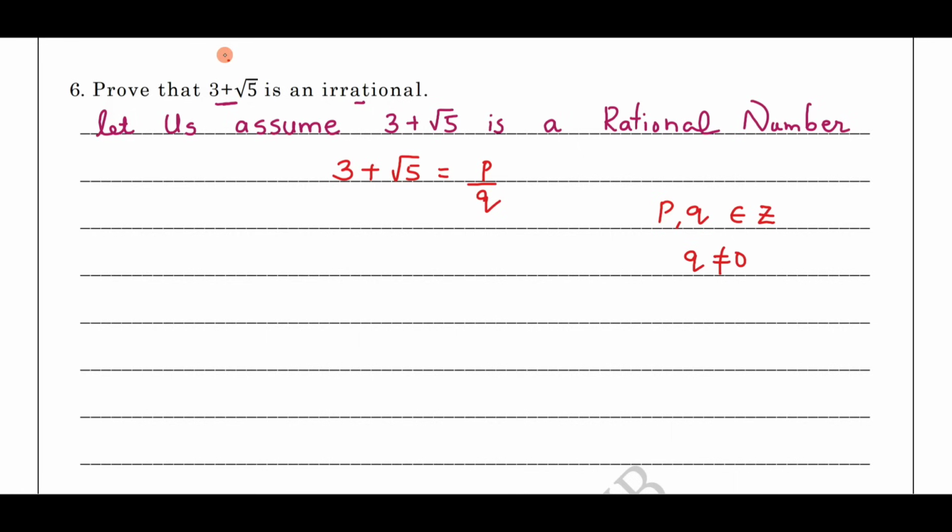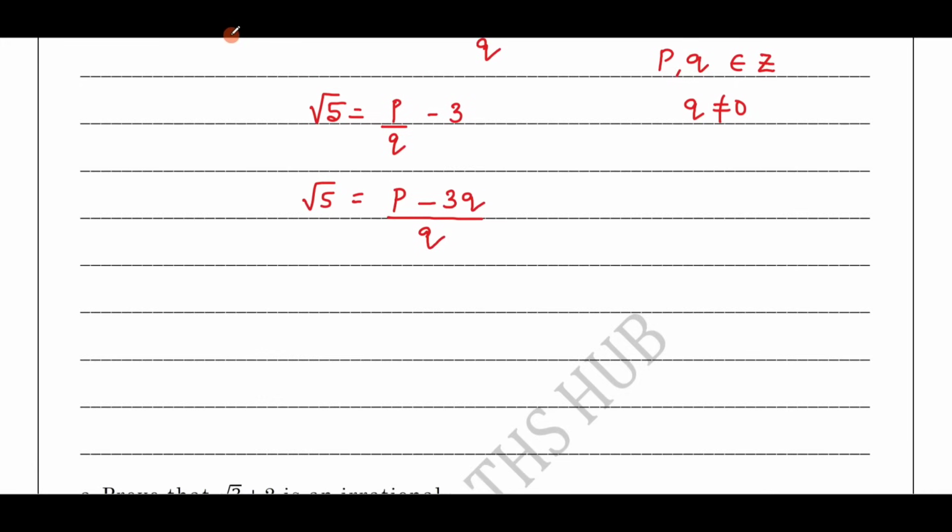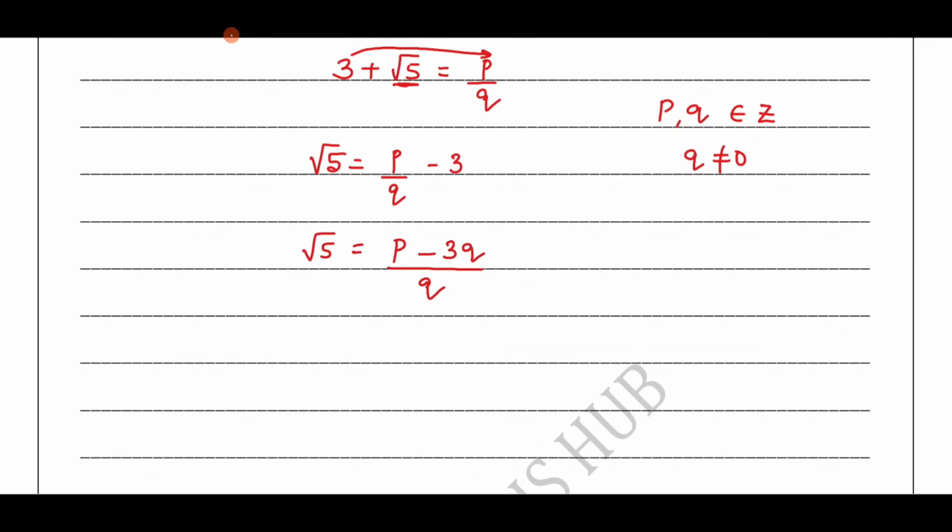Now keep this irrational number root 5 on the LHS, and shift plus 3 to the RHS. What you get? P by Q minus 3, since after shifting it becomes minus 3. Now root 5 equals P by Q minus 3. Take the LCM, you get P minus 3Q all divided by Q. So these are the three statements. This implies